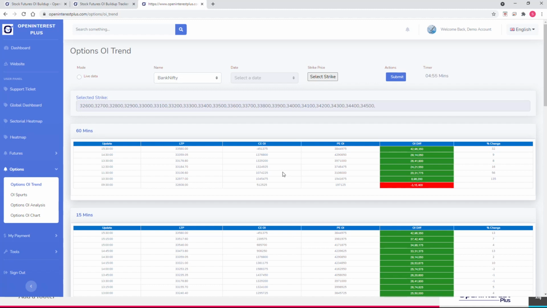The reason why I say the heart of the core is because this helps me to understand how powerful or how strong or how much amount of call OI writing or put OI writing has happened, and who is in control of the market. So by default, when you click on options OI trend,